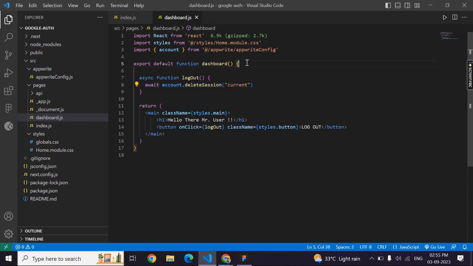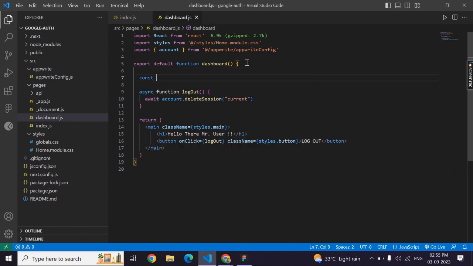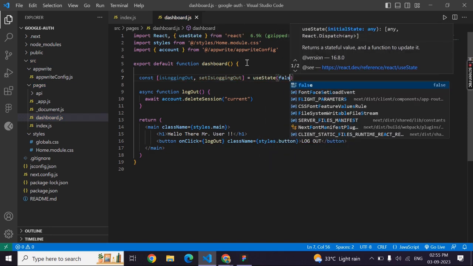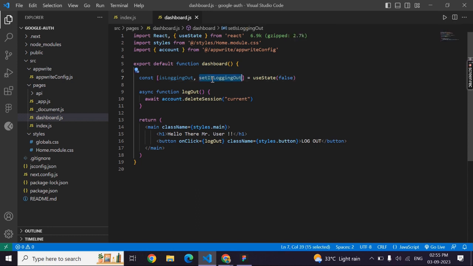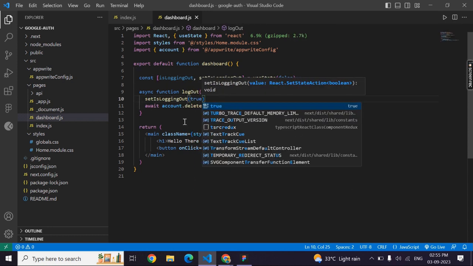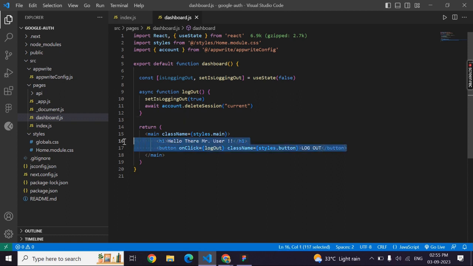For that, let's just create a new state. Const isLoggingOut and setIsLoggingOut is equal to useState, and by default it will be false. And over here, let's just turn it to true,